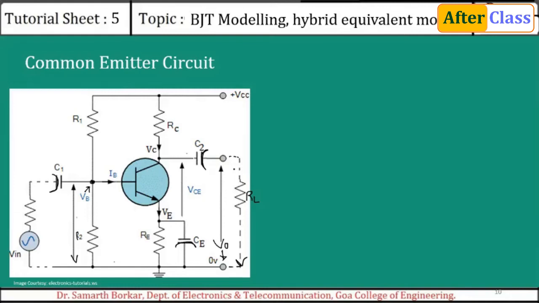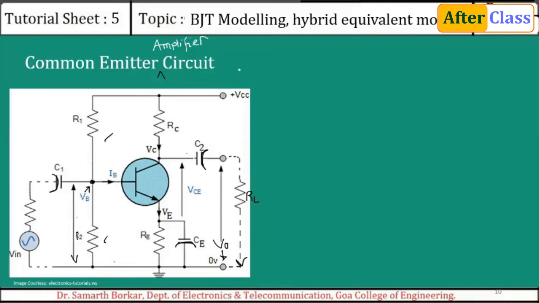So this circuit shows you the common emitter amplifier circuit. This circuit consists of voltage divider bias. Which are the voltage divider biasing network? R1, R2. This is called a voltage divider network. In one of the classes, I told you what is the function of R1 and R2. And together with RE, it forms a voltage divider biasing. Okay. So this is the common emitter amplifier circuit.